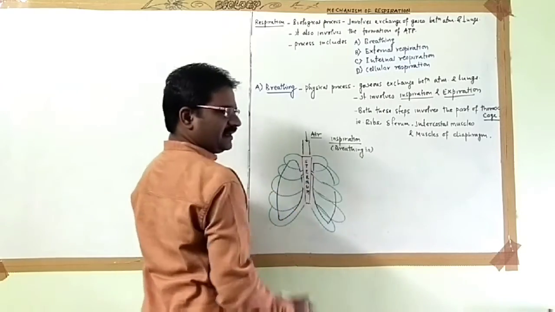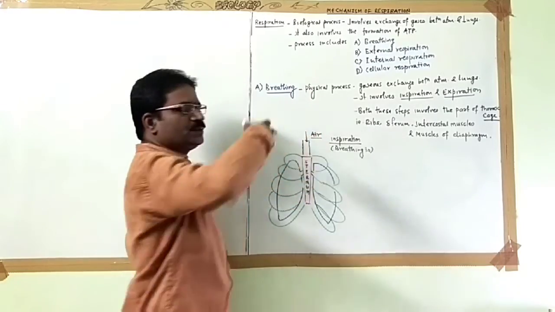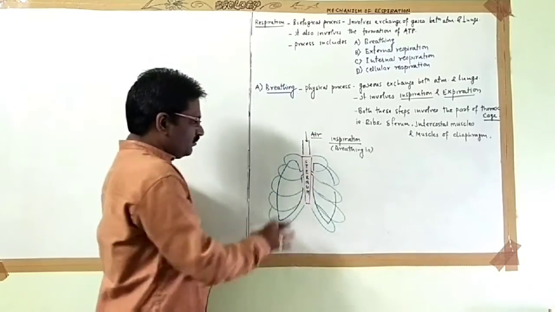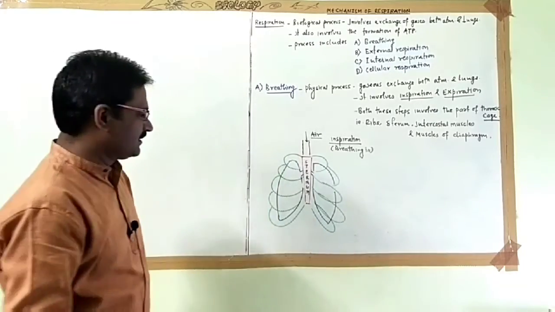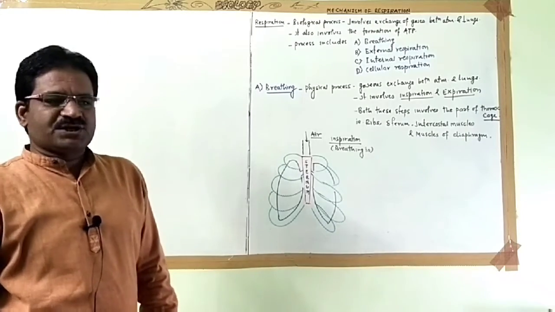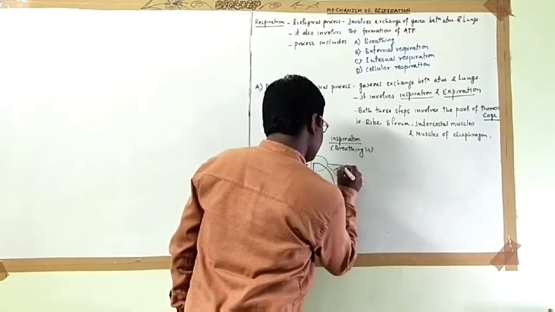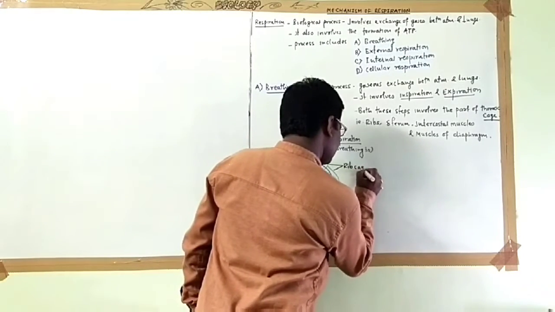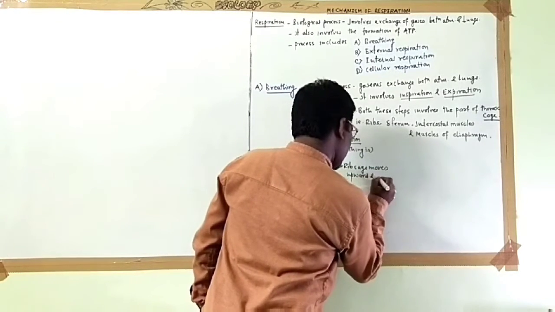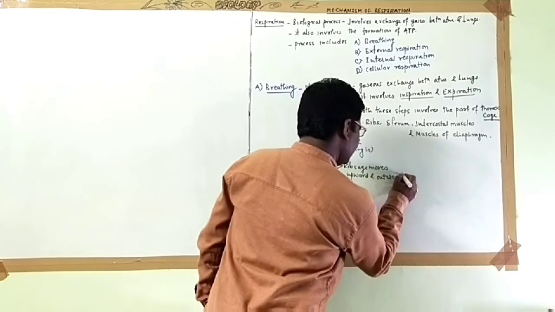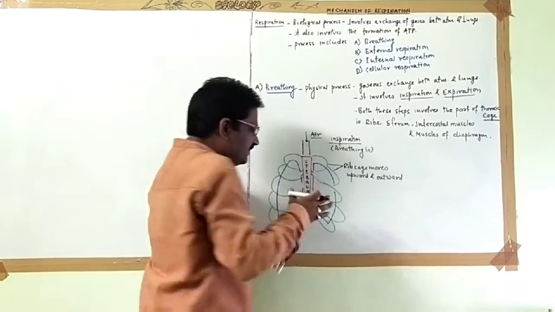In inspiration, when air is forced into the lungs, some movement takes place in the thoracic cage. The rib cage moves upward and outward. म्हणजेच जसं इन्स्पिरेशन प्रोसेसमध्ये एअर फोर्स केलं जातं तेव्हा रिब केज,